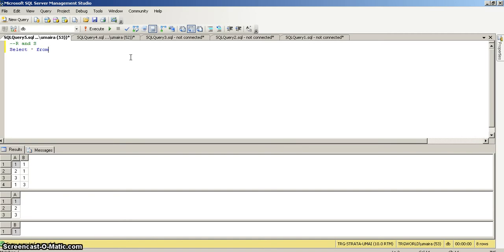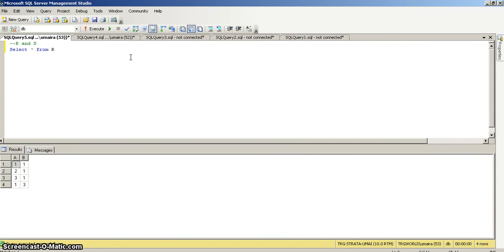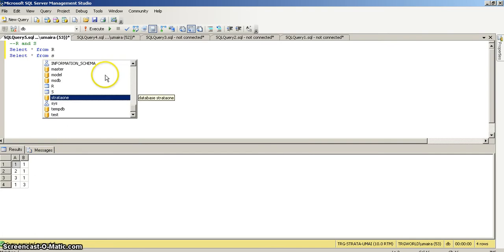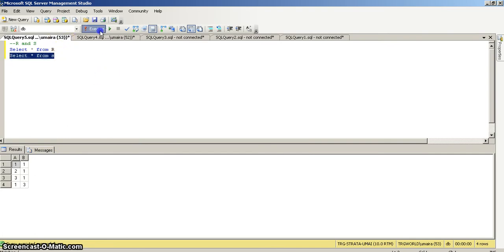There is one relation R, which has two columns A and B, which has two attributes A and B with values (1, 1), (2, 1), (3, 1) and (1, 3). Again we have another table S, which has only one column with values 1, 2 and 3, and we want to perform R divided by S, R division S, which means